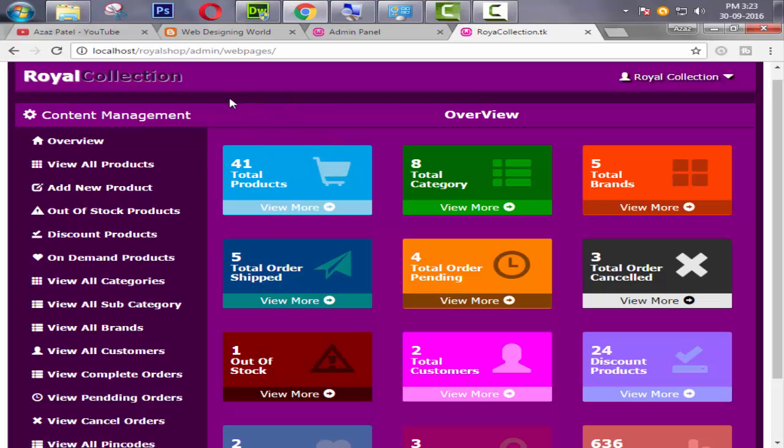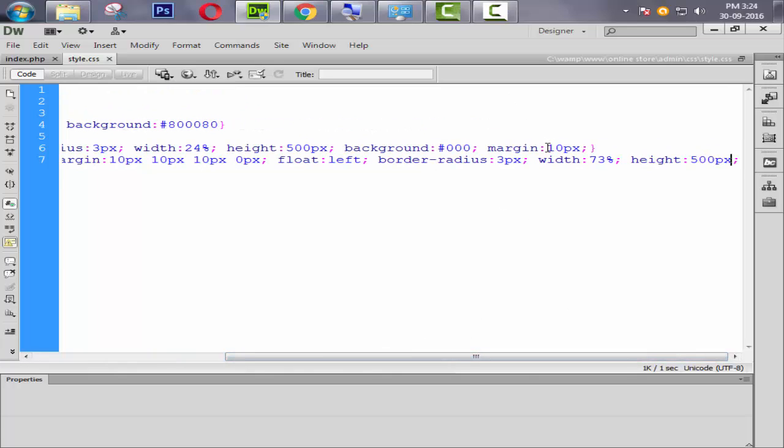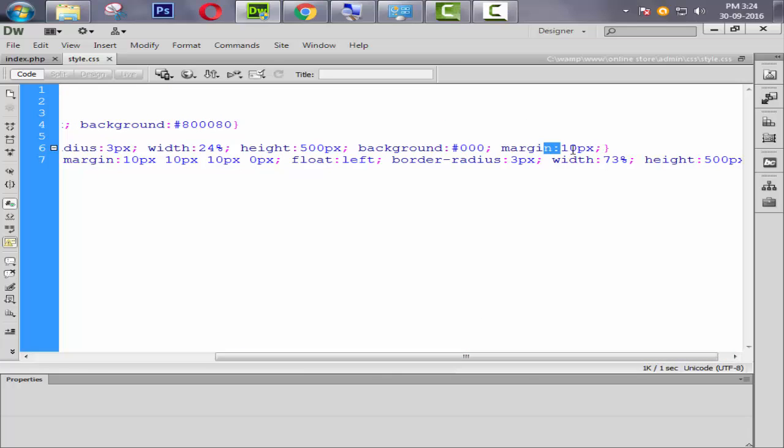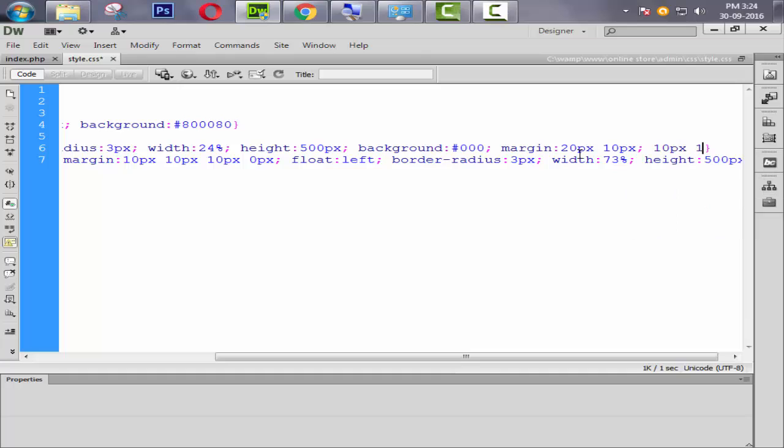Look at this, but we need some more space from the top. Here we also use a clockwise margin. So 20 pixel from top, 10 pixel from right, 10 pixel from bottom, and 10 pixel from left side.